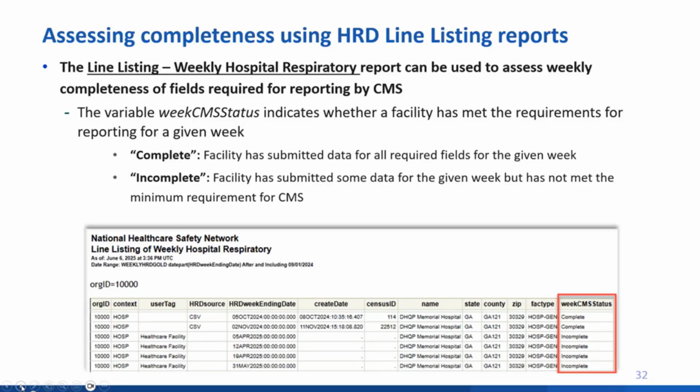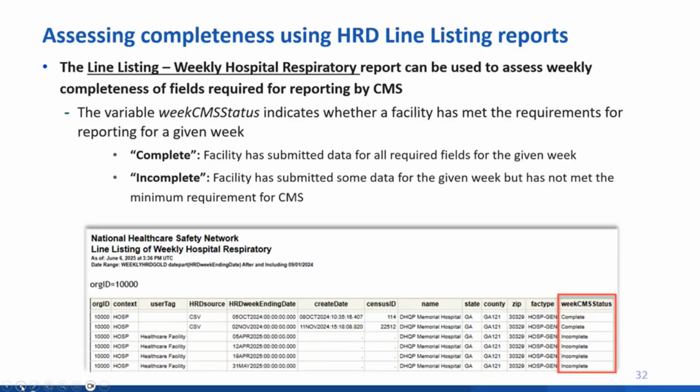And specifically, when you run these reports that Thomeka gave you all of the details on how to do in the previous slides, what you're going to want to look for is the variable week CMS status. And this variable, you can see it here in the column on the line listing example on the slide. It's going to indicate whether a facility has met the requirements for reporting for a given week. And if you look at that variable or run reports with that variable, you're going to see two possible values. You'll see either a value of complete, as indicated on the slide here,